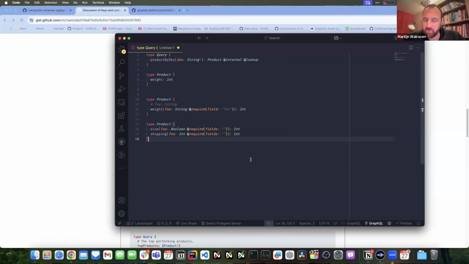I think what's confusing here is that there are really two different use cases for external, at least the way we originally thought about it. And at least at that time, I wasn't really thinking about the code first approach. So I was thinking about this purely from an SDL perspective.